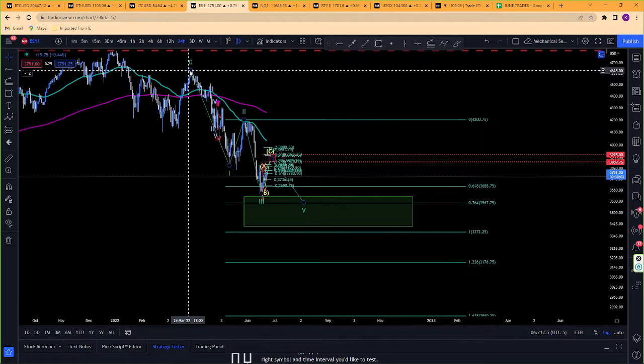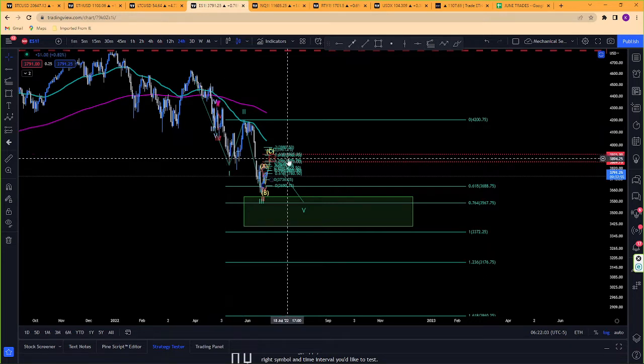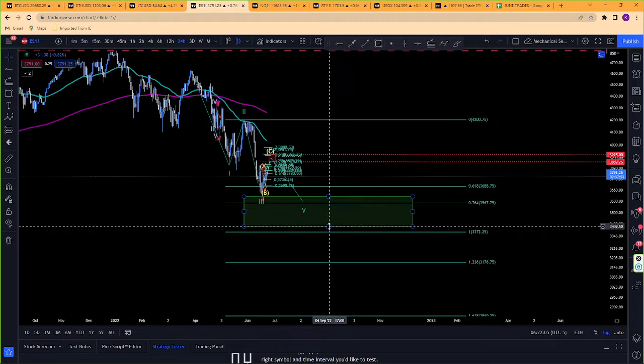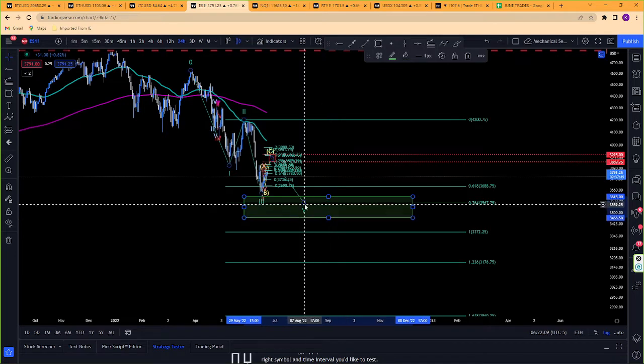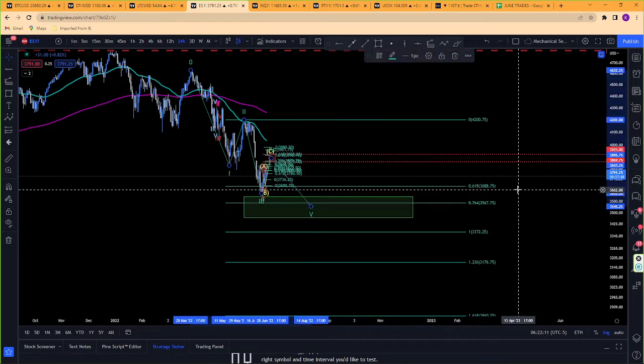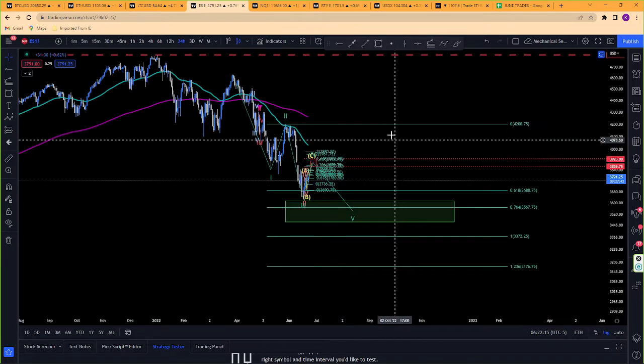This is basically like a leading diagonal that leads us into this impulse wave. We should be ending somewhere around 3,500. I'm going to tighten this up a little bit because I don't see us going too much deeper. But basically on our short here from this zone,